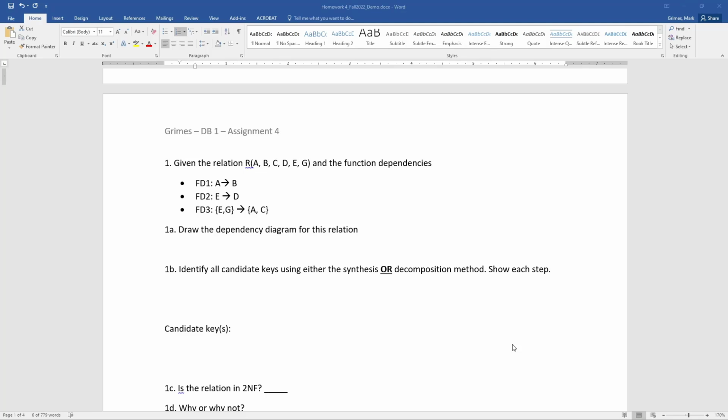All right, so for problem number 1, we have a relation with these 6 attributes, A, B, C, D, E, and G, and 3 functional dependencies. A functionally determines B, E functionally determines D, and EG functionally determine AC. So the first step here is to draw the dependency diagram for the relation, and I'm going to do that